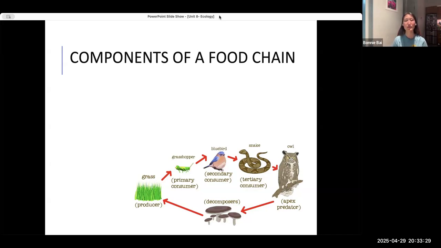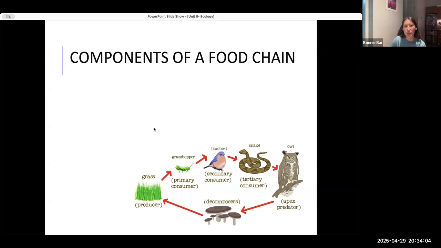Could potentially happen in smaller ponds, where it's a cycle of nothing can live because there's not enough oxygen in the water. So being able to understand that cycle, it will not be asked, I believe, to explain that whole thing, but being able to make those connections with cell respiration and photosynthesis and the nutrient cycle, maybe even evolution, food chain, food web. Yeah, this is definitely a topic that could show up, and it'll be good to know.